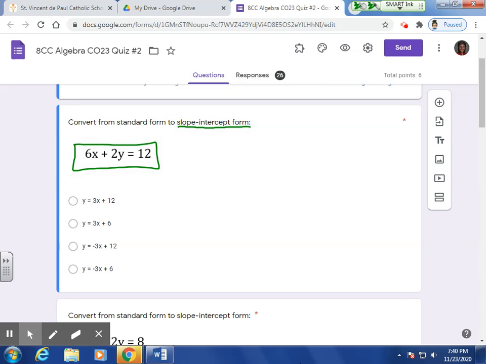It's going to make the graphing a lot easier. And it also tells us information about the line, right? Where it crosses the y-axis and what the slope is. We can get sort of a picture of what that line is going to look like. But anyway,